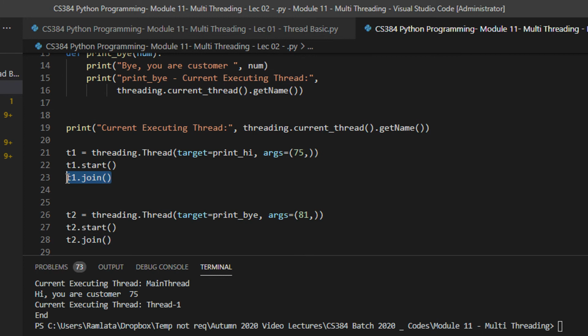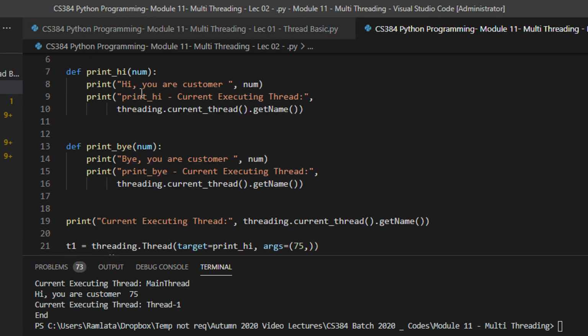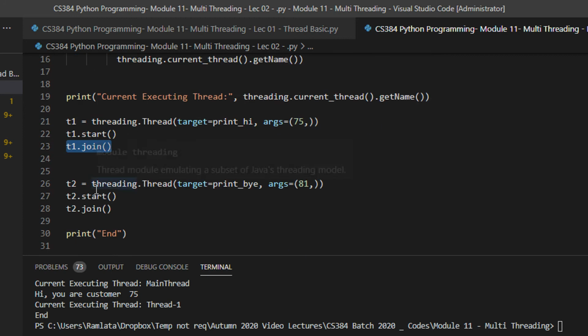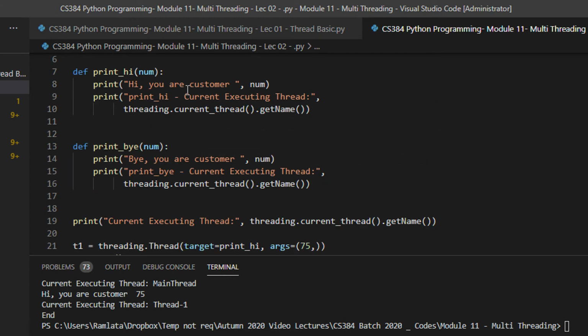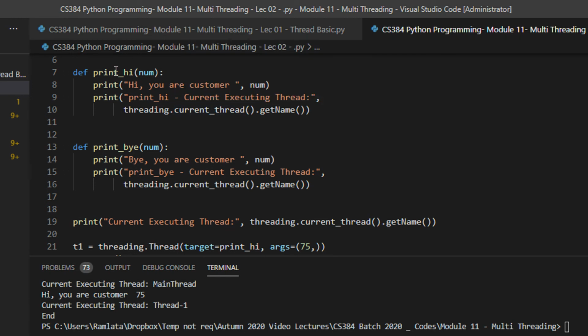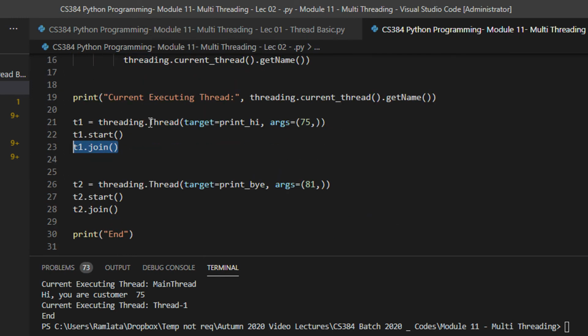So t1.join ensures that the entire function is executed before moving on to the next line. The moment the interpreter sees t1.join, it will wait for this function to get executed completely.